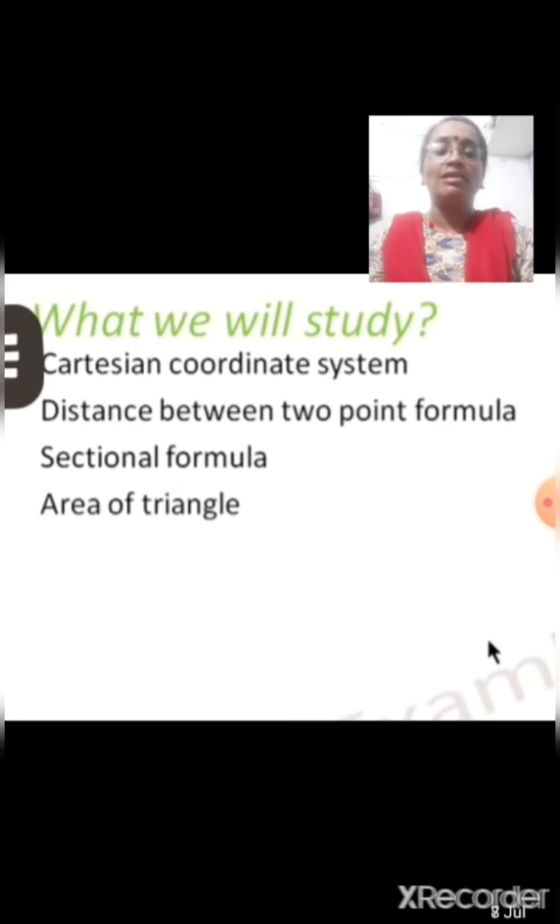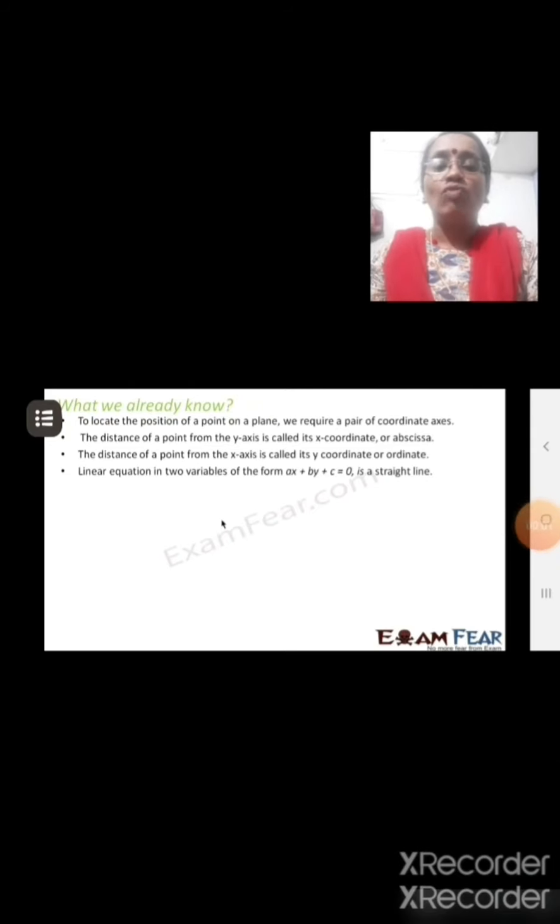But this year, because of this situation, some topics removed. So here in this chapter, the last section, that is area of triangle, is not there for your syllabus. So you need to study for this year only distance formula and section formula. What we already know about this